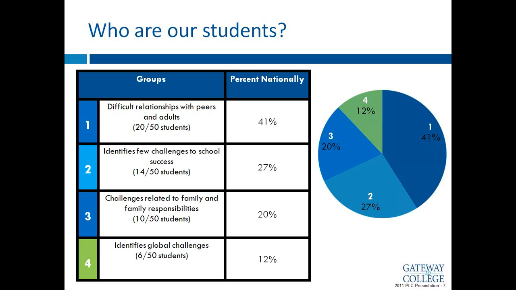Exactly. And you can think of this in a similar way that you would think of the multiple intelligences. We know that students may have a strength in one intelligence, but they'll still have attributes of a couple of others. And that's much more what this type of analysis does. So it's not about putting them in a box. Some students, in terms of when the computer was assigning them, had a 90% chance of being in group 1. That's pretty solid. But some of them might have had a 60% chance of being in group 1 and a 20% chance of being in 2 and a 20% chance of being in 4. The computer would have said, okay, that 60 is the biggest, I'm putting them in group 1. But you can see that student crosses over some boundaries.